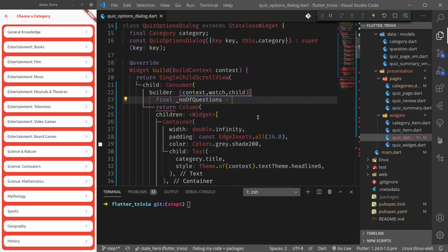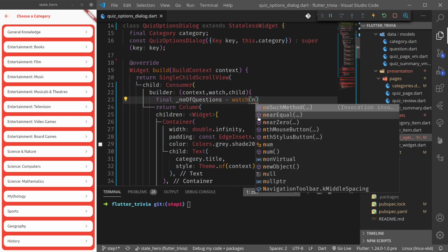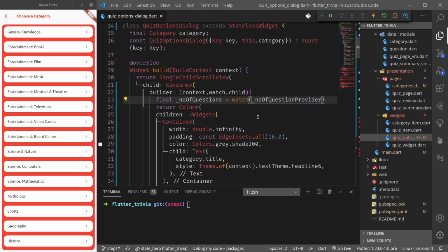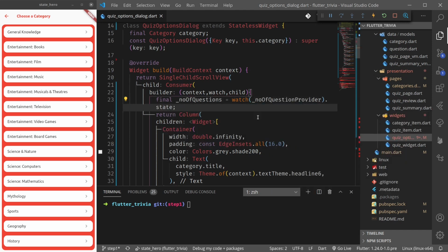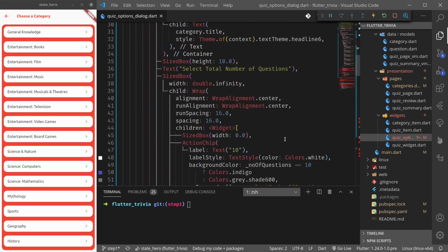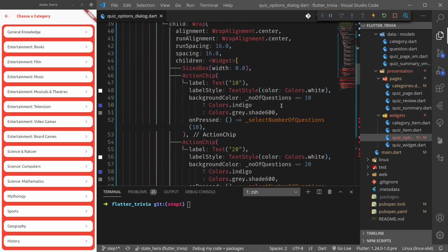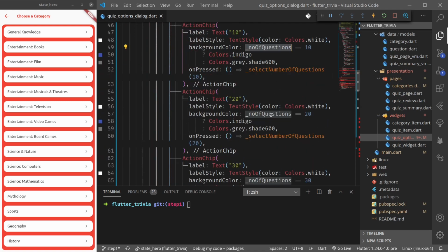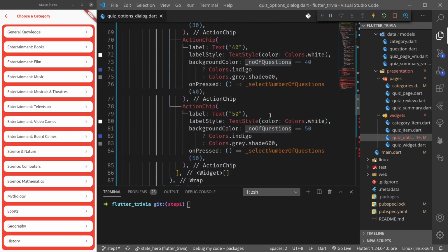So here, number of questions equals watch number of questions provider dot state. So we need to read the state from number of questions provider. So we now have these working because we are watching this. However,